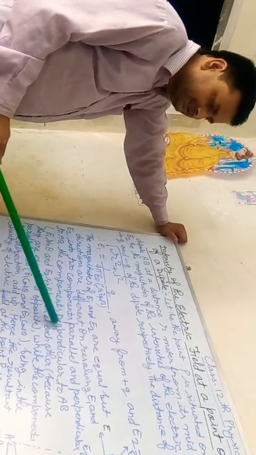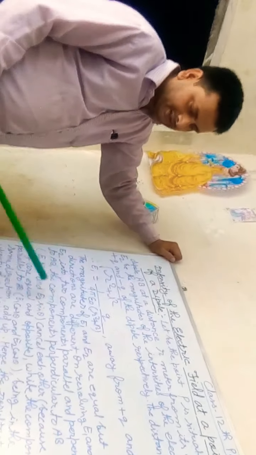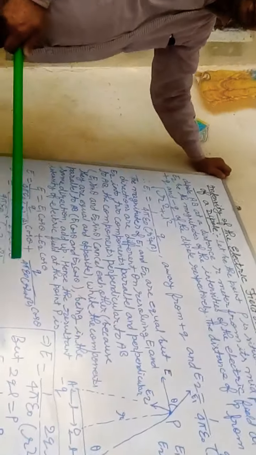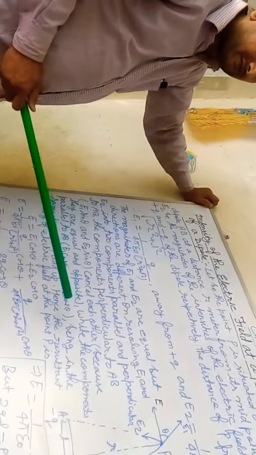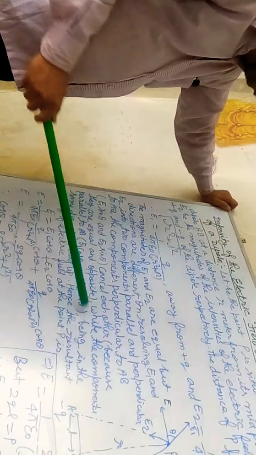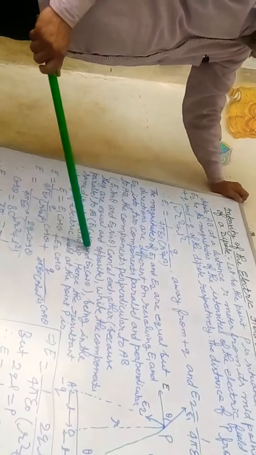The components perpendicular to AB, E1 sin theta and E2 sin theta, will cancel each other because they are equal and opposite, while the components parallel to AB, E1 cos theta and E2 cos theta,